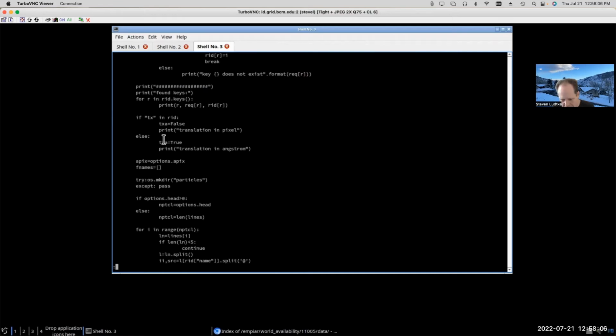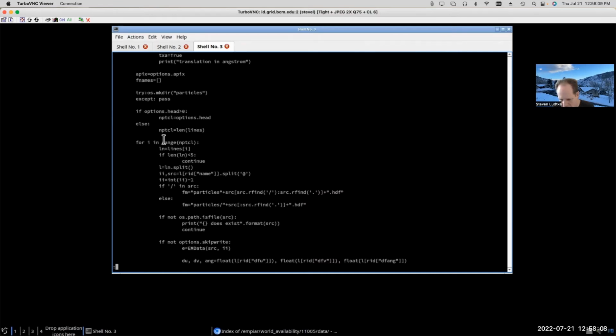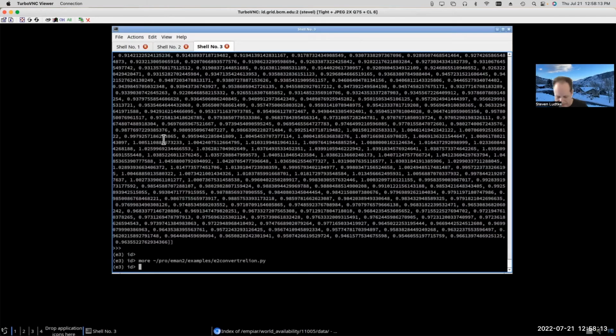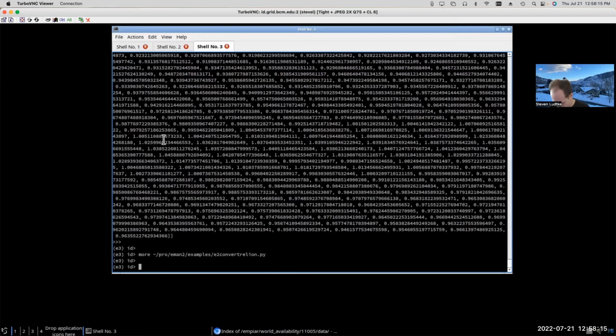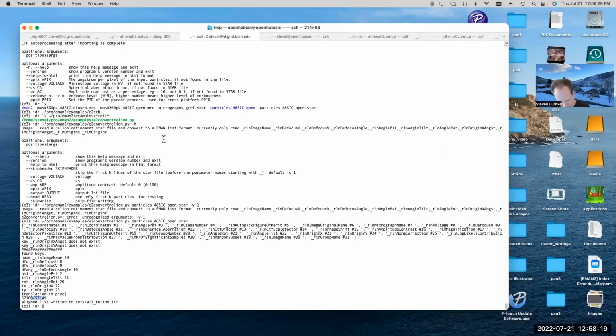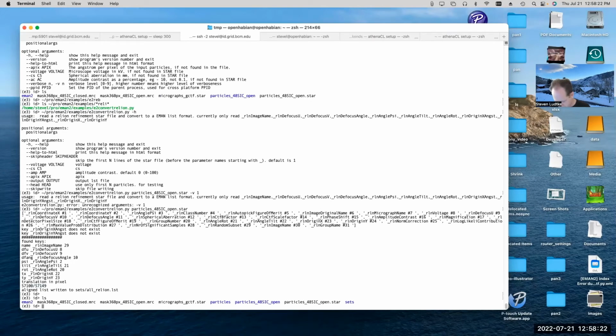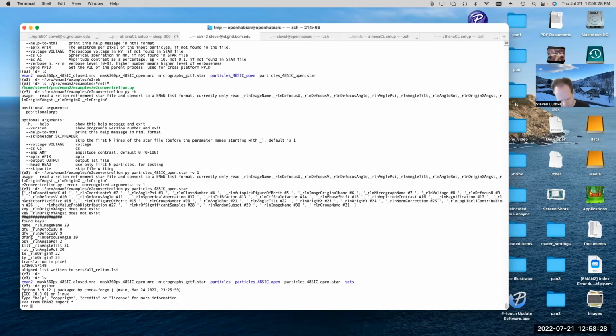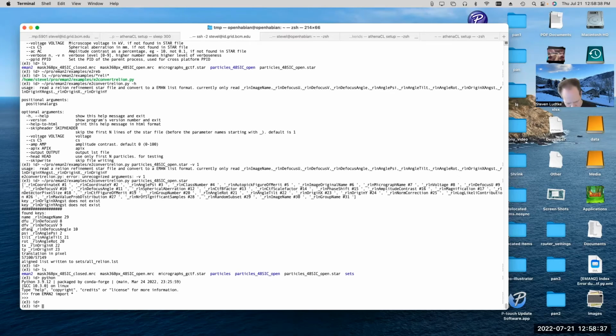All right, it looks to me like he actually decided to parse the star file himself rather than using the existing star file parsing algorithm. All right, let's see what we can do. Maybe if this is done, we can try it here. And I just have to remember what it's called. I may have to search for it. I haven't used it in a while.